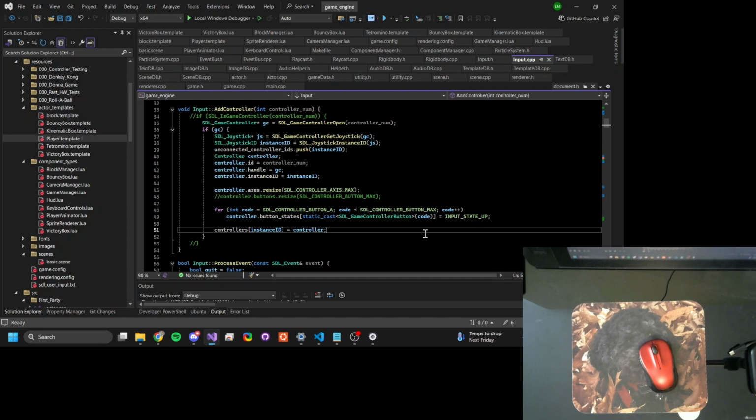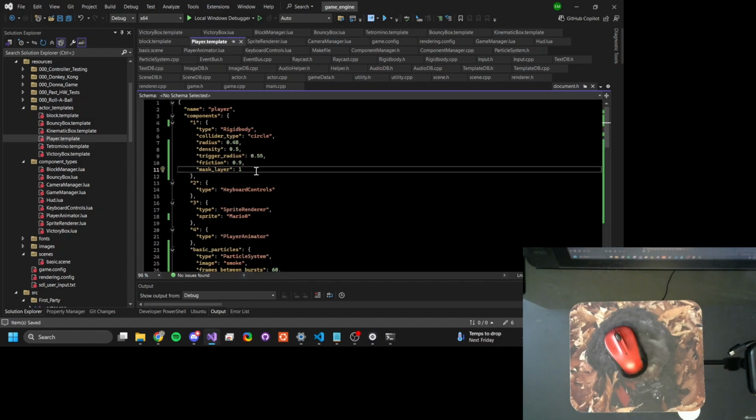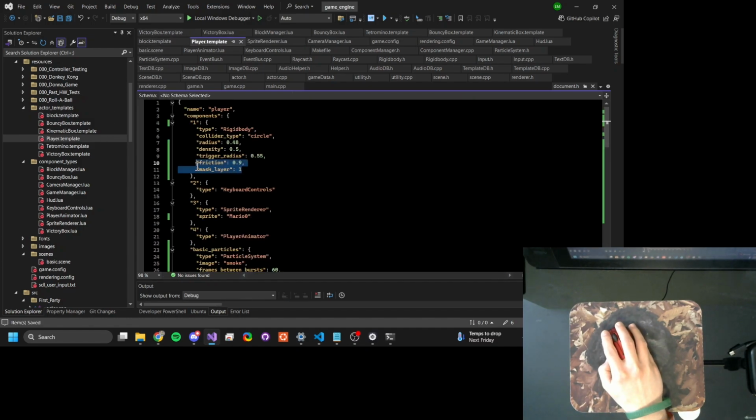The other thing worth mentioning, collisions can now be masked. So if multiple colliders are on the same mask layer, you can actually have them not interact with each other. To show this off, everything is default on mask layer 0, but if I add, say, mask layer 1 to the players,